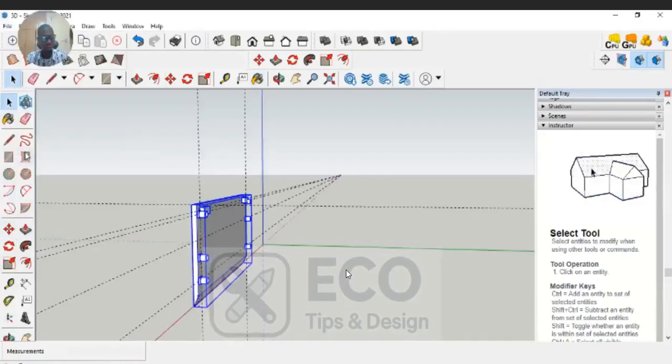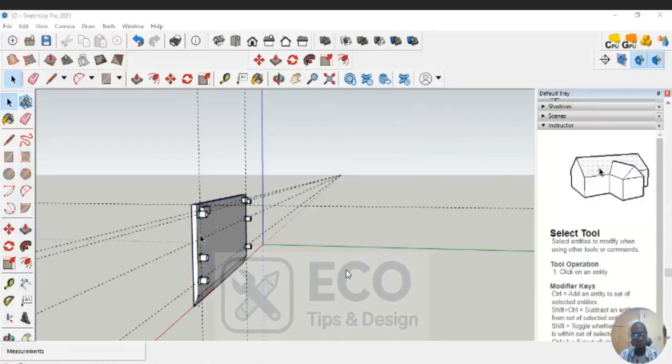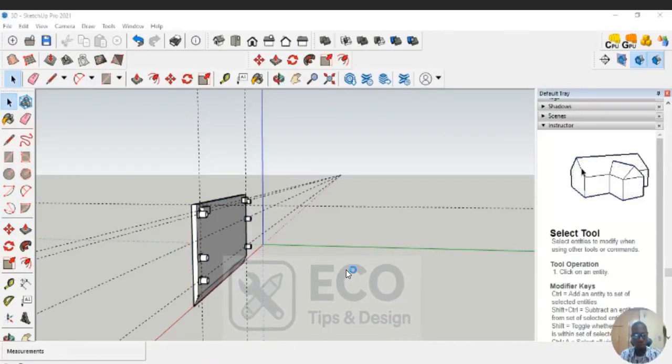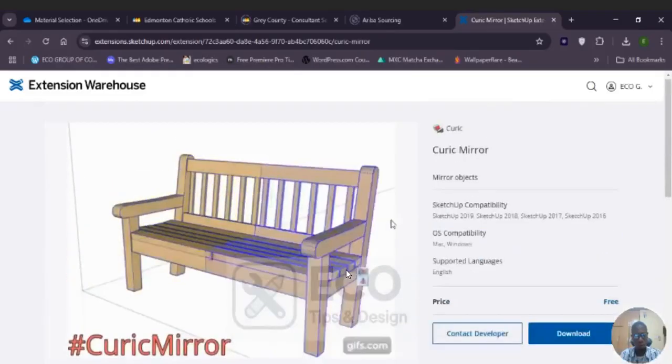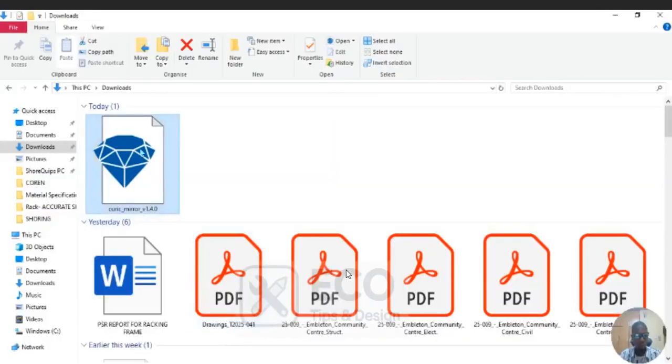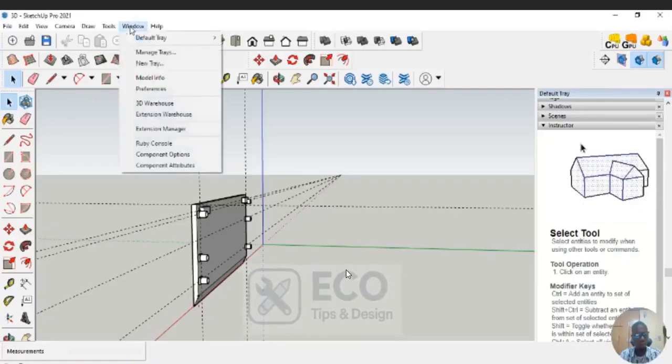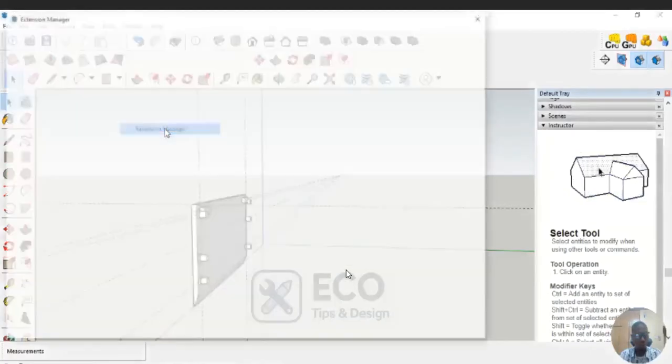For you to install your SketchUp plugins, you would have to download the plugins first into your system from the SketchUp website, the 3D warehouse. Extension warehouse actually. And then after downloading, you just follow the